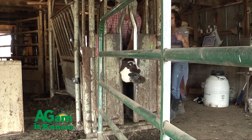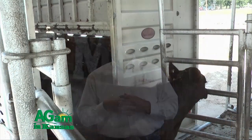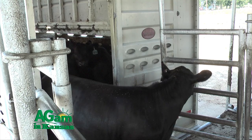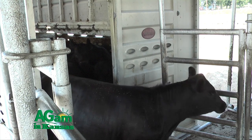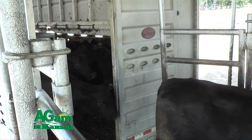And then the use of the BVD, the types 1 and 2 BVD, jumps from 77-78% at branding time to 96 and 97% at post-weaning time. Those are very important vaccines that need to be given at that time, because the calves are going to be shipped, obviously, maybe right off the cow, or they might be weaned for 30, 60, or 90 days